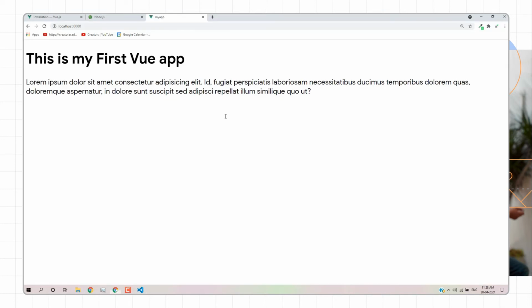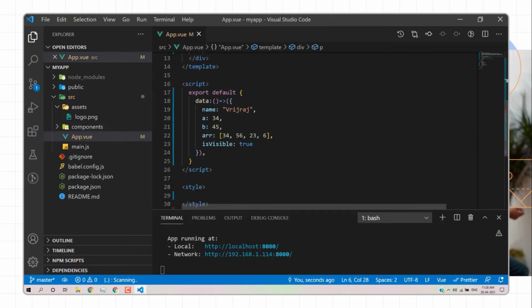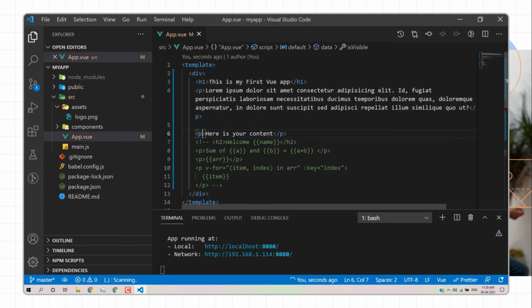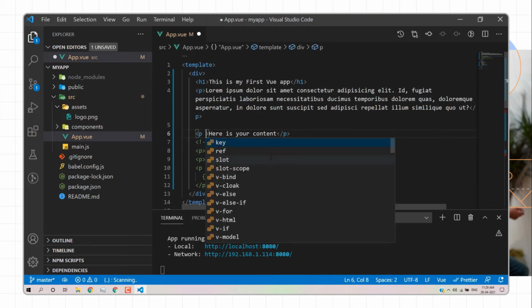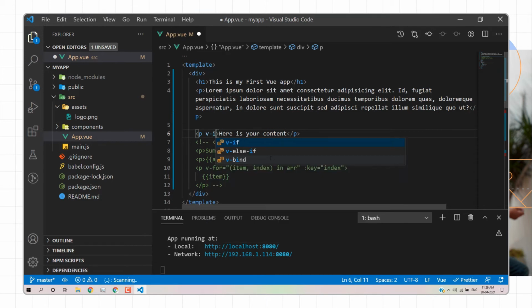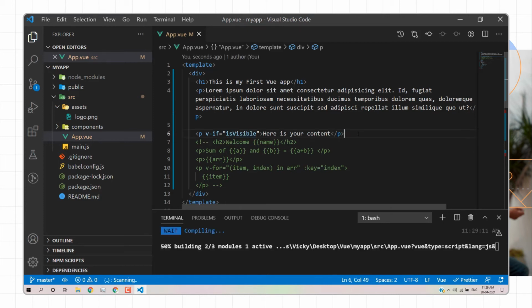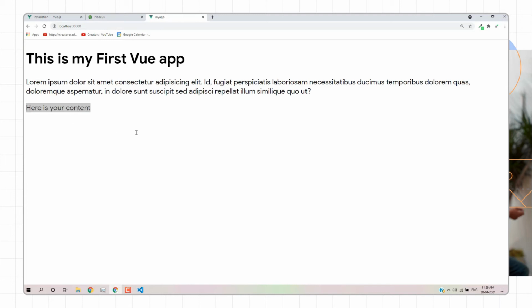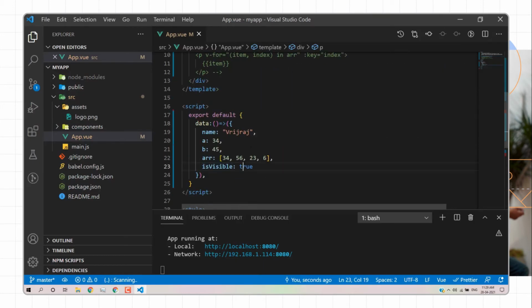Here we can apply if else, so we have to use v-if. V-if means if the value of visible is true, then this p tag will be rendered or visible. By default this value is true, so that's why we are able to see this particular content. Let's say I change it to false and save, so the content is hidden. You can do that with the help of this.